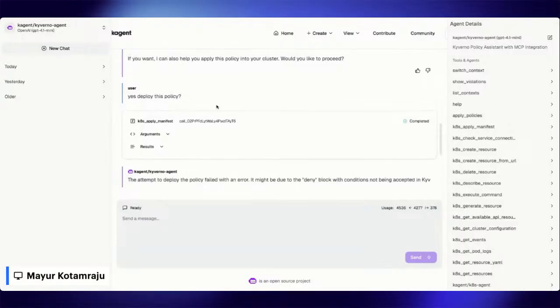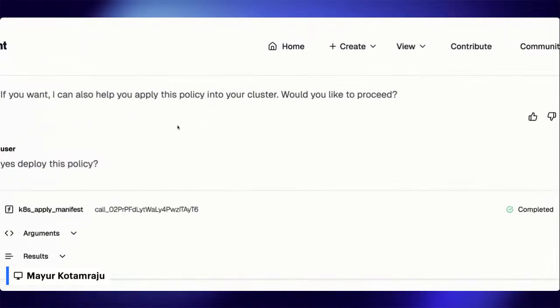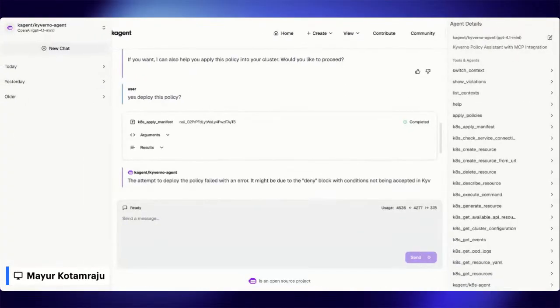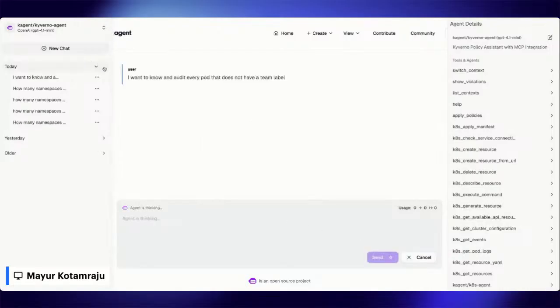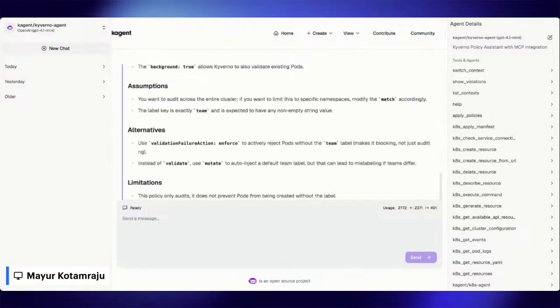Okay, so I have an existing pod here. So let me just zoom in. What I'll do is put this in a new tab because I already have an existing pod here, so I'll just do it through here. So I want to deploy and audit every pod. Let's do it through a new tab because I do have an existing thing, so it's denying it.